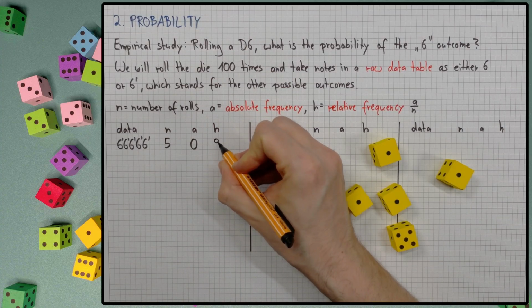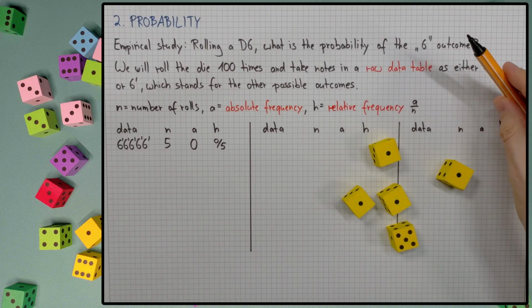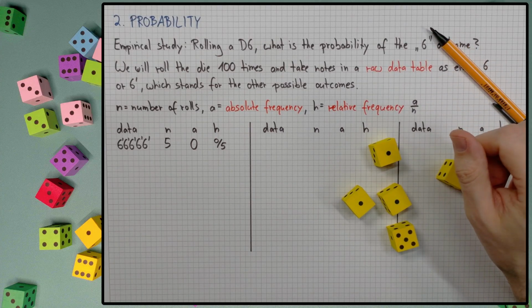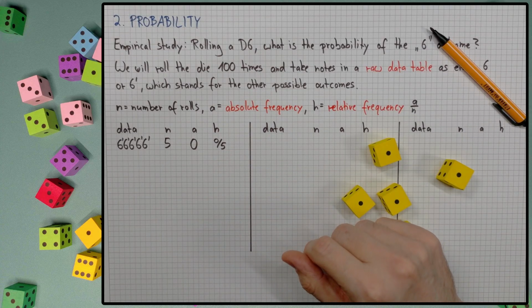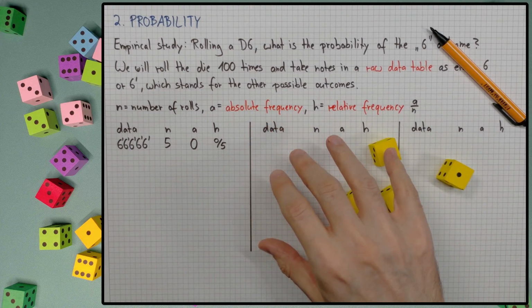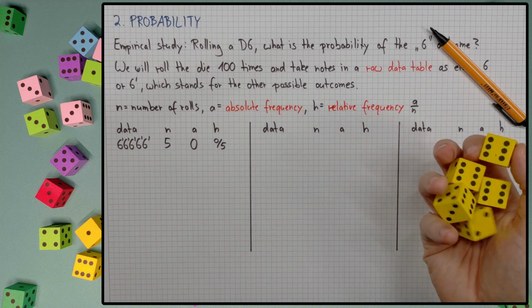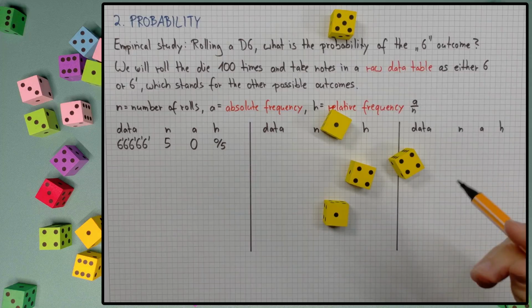And a relative frequency yield some fractions. We are going to use them in a second step once we've got our data and start visualizing that. But for now,